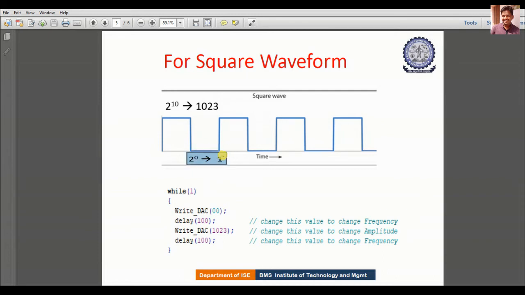Later we are writing 1023, so it will jump from low to high, and it will remain for some time for the delay, and again we write 0, so it will come here. So this is how we are generating the DAC square wave.